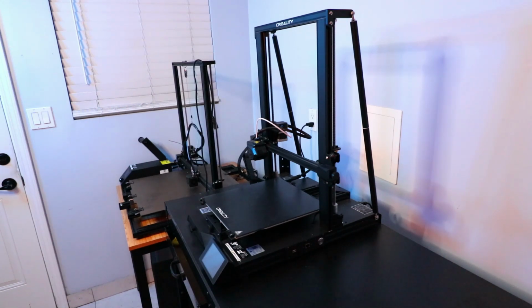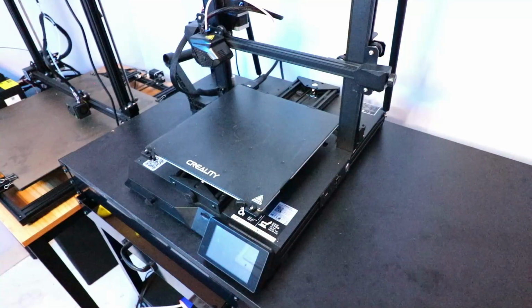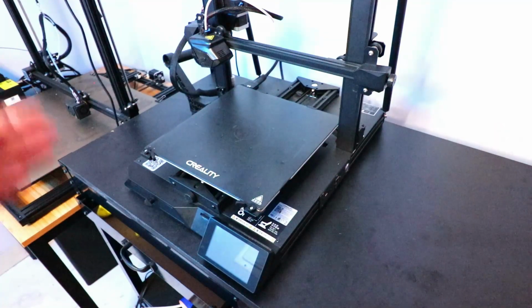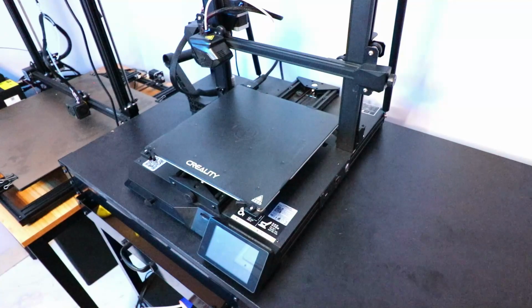The Monoprice Mini Delta V2 was a great, very beginner 3D printer, and I was getting some good results. And then when I saw what the Smart was printing out, I was just blown away. Not only that, but on the Creality CR-10 Smart, I've printed out an entire prototype table. This is something that I'll probably be talking about later in the future when it's ready to be discussed, but it's an entire table that I printed out in pieces on the Creality CR-10 Smart, and it just took it like a beast,